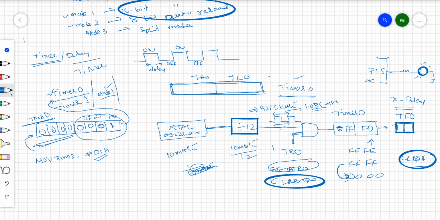So for example, if you connect a 1 megahertz clock, 1 by 12 will happen, you will get some frequency, and if you invert this frequency, you are going to get some time period. With that time period, the value present in the timer is going to be incremented. If you stop run, the value is the same. If you start run, then with every time period, one value is going to be incremented in the timer. The same thing is going to happen with timer 1 also.